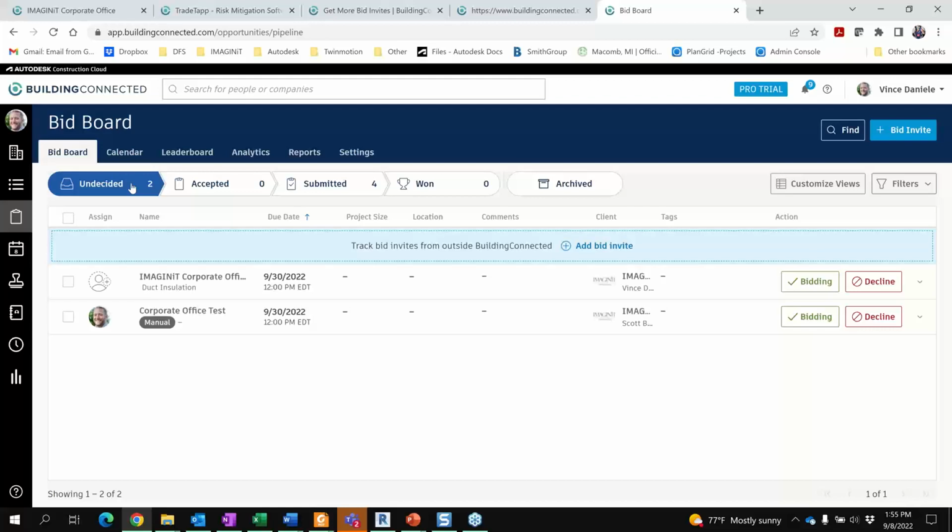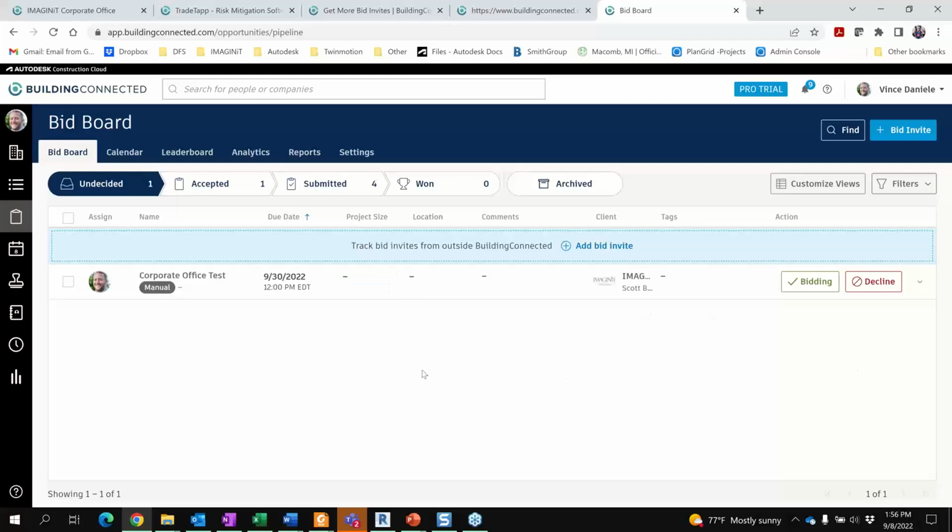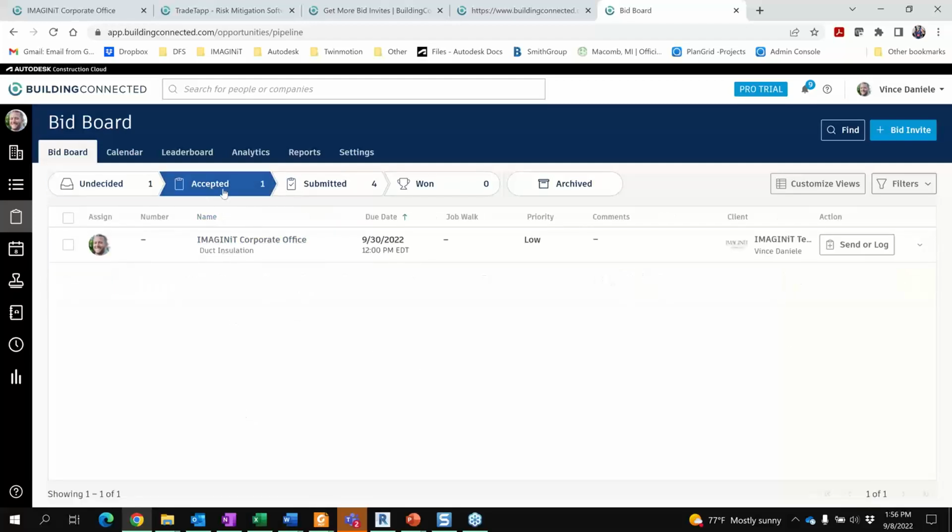In this case, the one that I just sent for duct insulation now shows up as a bid that was sent to me. Upon reviewing it and deciding if we're going to actually bid on this, we can either decline or say, yep, we're bidding on it. This one's going to be low priority for us because it's only $10,000 and we have a bunch of work in our queue. So I'll say, all right, a rough order of magnitude, just generally, we're accepting it without doing a lot of number crunching. I'm going to say this is about $15,000. Once we've done that, it gets pushed into our accepted area, and then we can go through that in more detail,